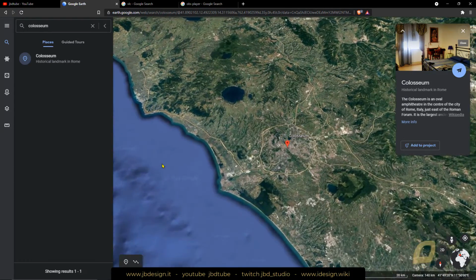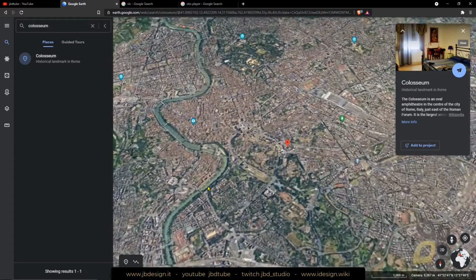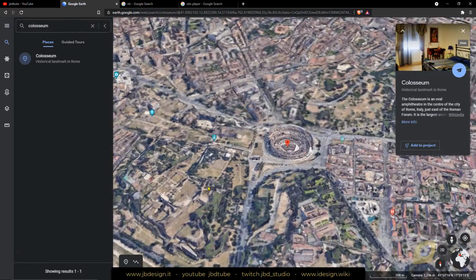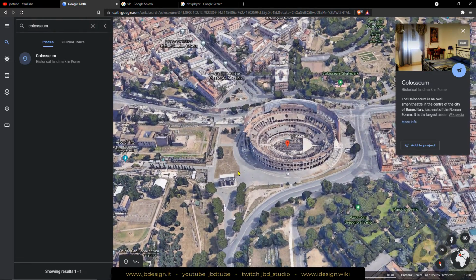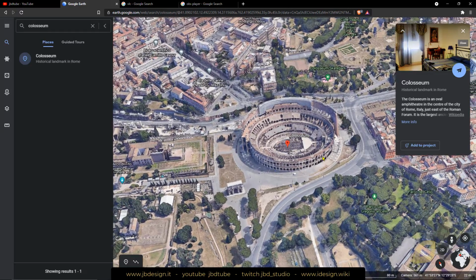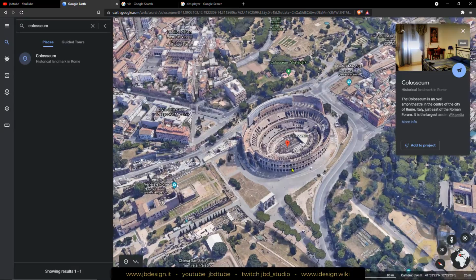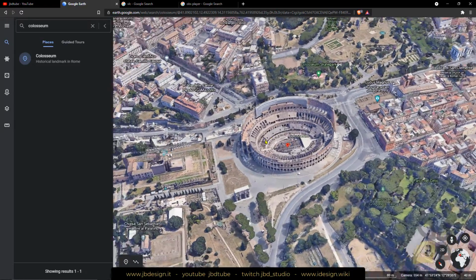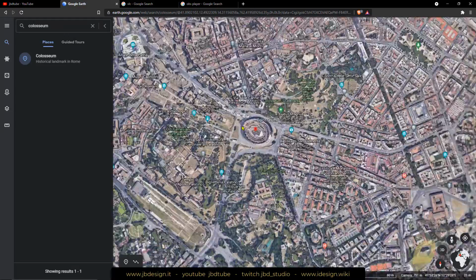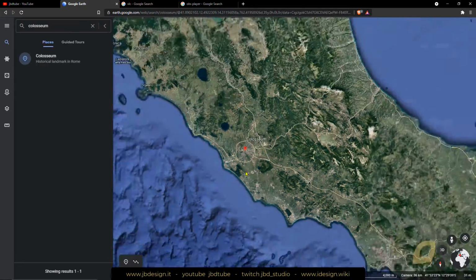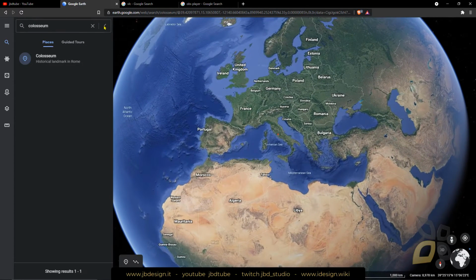Now, of course, you're gonna need video editing software to manage the animation and to create effects or to work with time and so on. Now you can see the orbiting around. Now again, this is just gonna produce a standard video that you will have to edit a little bit more in a more professional software. I'm just gonna show you how to do the zoom, and then you have to proceed with a video editing